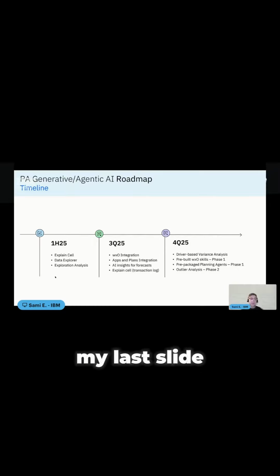And this is my last slide before I open it up to questions. It's just a view of the roadmap and some of the things that we're doing. You saw that the Watson X Orchestrate integration is a big part of our roadmap for the third quarter of this year. We're also looking at taking a kind of world tour of the assistant across the components of planning